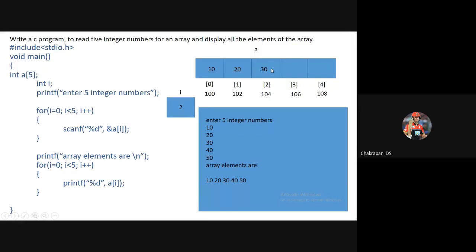So this keeps on happening. The value of i keeps on being incremented, and the values entered by the user are stored by the scanf statement every time it is executed. So the value of i becomes 4, then the fifth value gets stored here. Once the value of i becomes 5 through i plus plus, it will check the condition i less than 5.